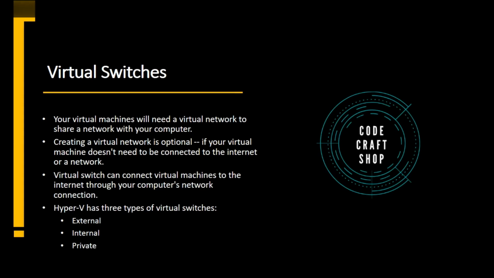And the third one is external. This mode of virtual switch allows us to communicate globally. We can communicate between the operating system and the virtual machine installed on my system, and I can even access the virtual machine globally using this external virtual switch. I can assign an IP to this particular external switch and then I can use it globally.